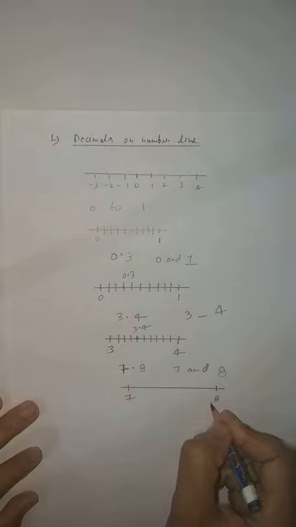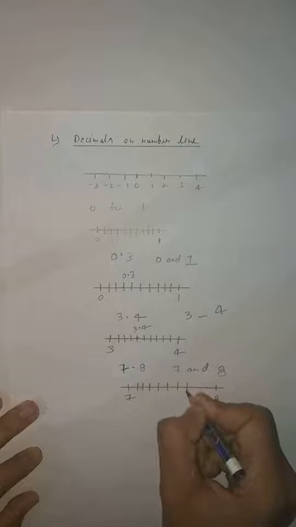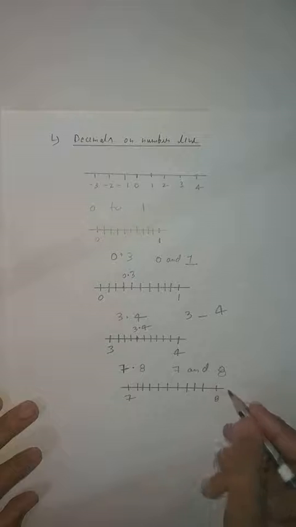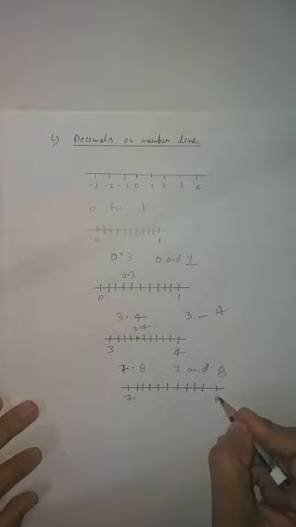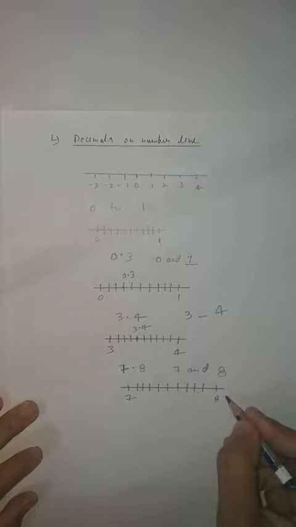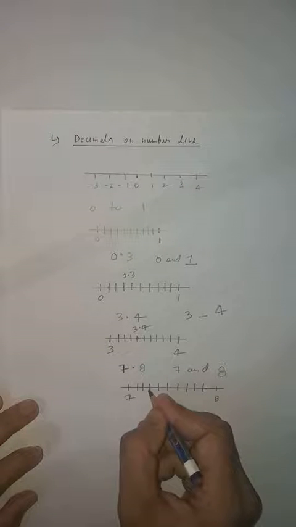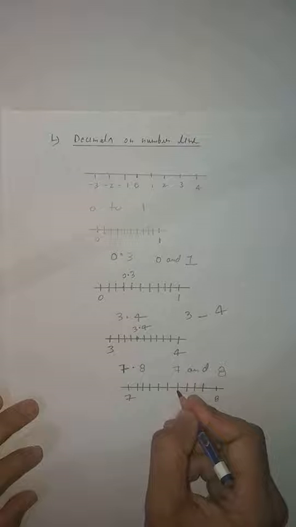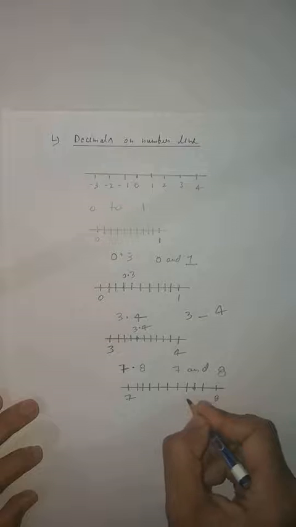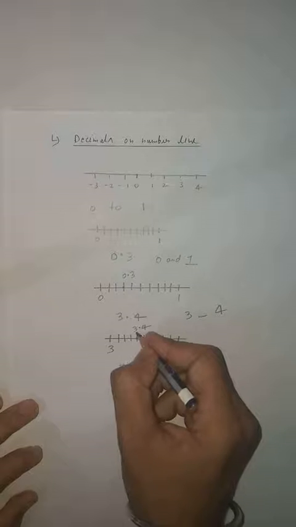How many lines should be there? 10 lines. You know that. So 1, 2, 3, 4, 5, 6, 7, 8, 9. 10 lines means, student, you only have to draw till the 9th line, because the 10th line is already given. You have to start from 1, 2, 3, 4, 5, 6, 7, 8, 9, and the 10th line is also given. Clear? So 7.8 you have to find out. This is 7.1, 7.2, 7.3, 7.4, 7.5, 7.6, 7.7, 7.8. Clear? So this is your 7.8. So here you will mark 7.8. This is 7.8. Clear, student?